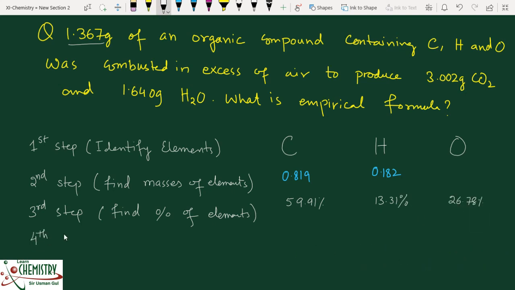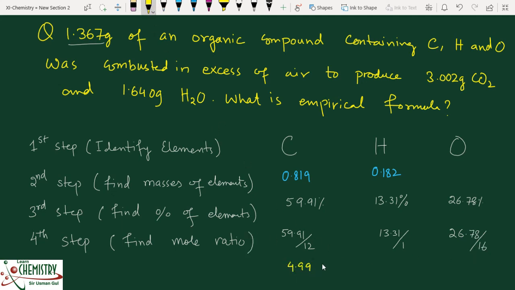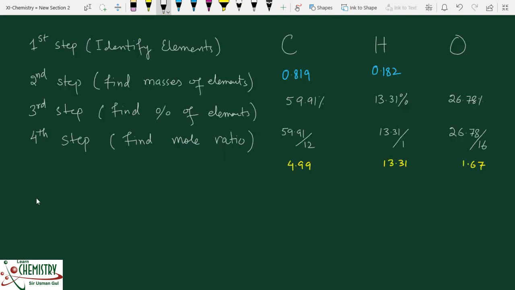Okay, now in the fourth step we will find the mole ratio by dividing the percentage value with the help of their atomic masses. 59.91 divided by 12, 13.31 divided by 1, 26.78 divided by 16. Okay, now moles of carbon will be 4.99, 13.31 are the moles of hydrogen, 1.67 moles are of oxygen. Okay, now the fifth step,